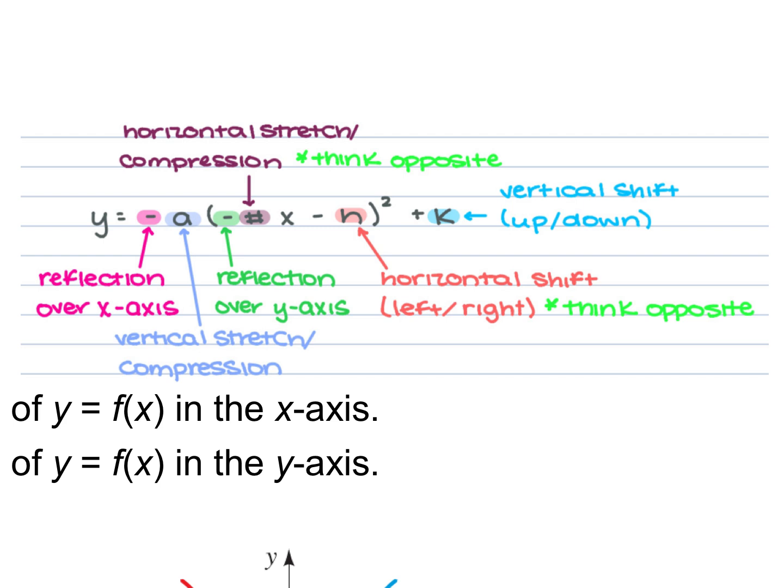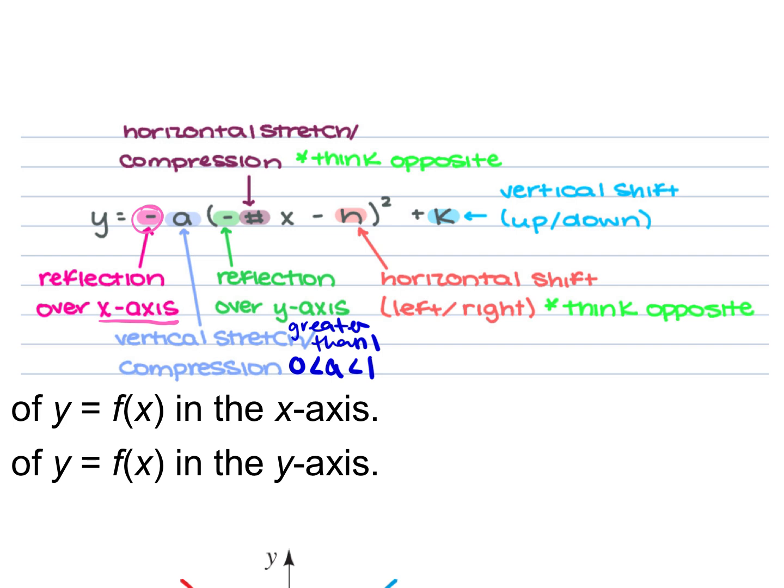So if we multiply by a negative on the outside, that's a reflection on the x-axis. If we multiply by a number out front, it's a vertical stretch if it's greater than 1. Or it's a vertical compression if it's in between 0 and 1. So if it's a fraction or a decimal, it would be a compression. If you multiply by a number inside, that's either inside the parentheses or inside the square root, whatever our parent